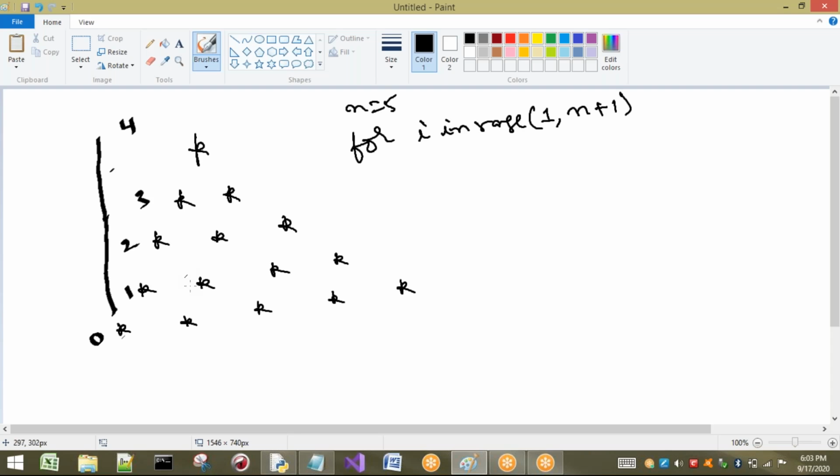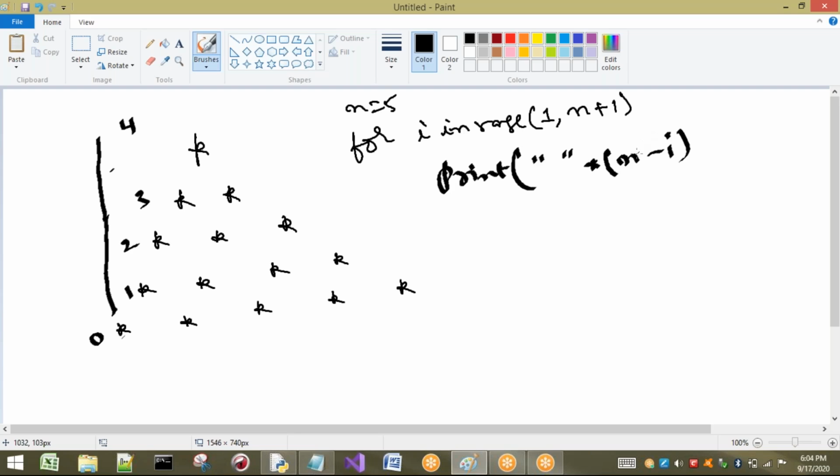So for 4 spaces, what do I have to write? I'm going to write print. First I have to print 4 spaces here. How do we get 4? The value of n here is 5. What is the value of i here? 1 in the first case. So 5 minus 1 is 4. I have to print a space, one space, multiplied by how many times it has to print, and let us consider I'm going to take n minus i.